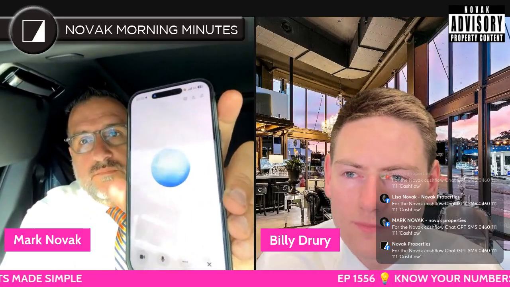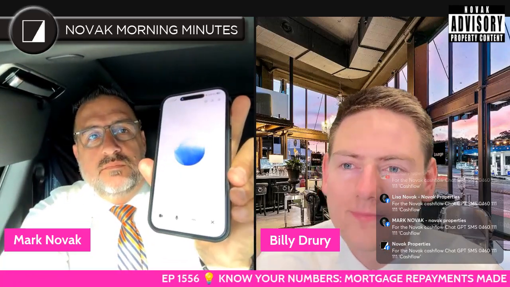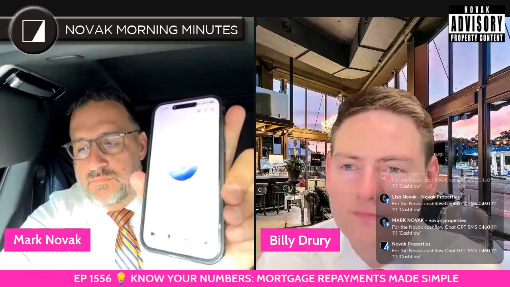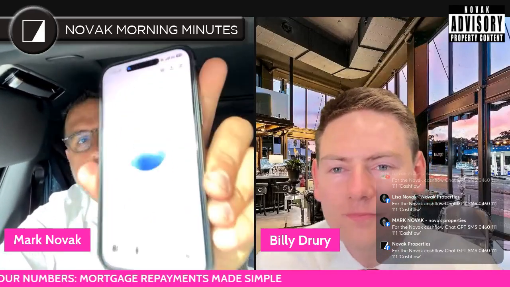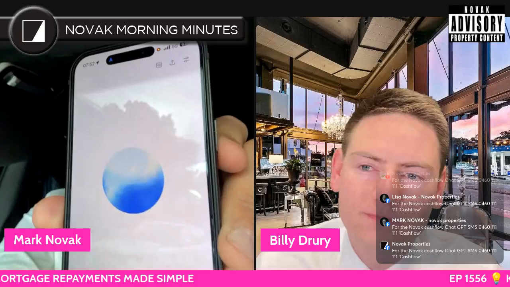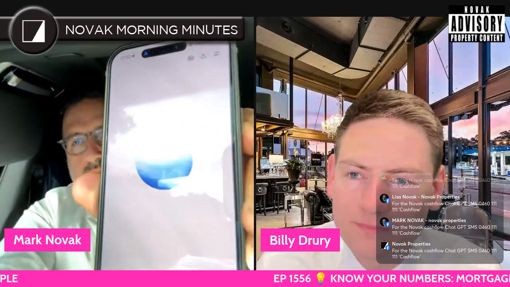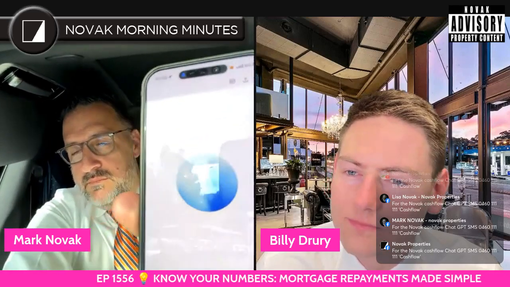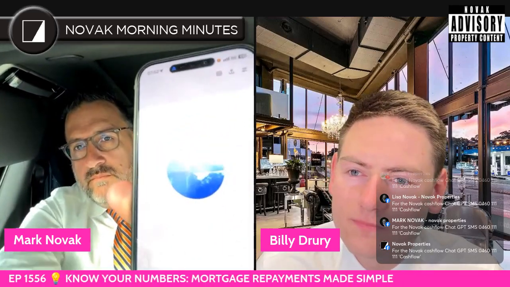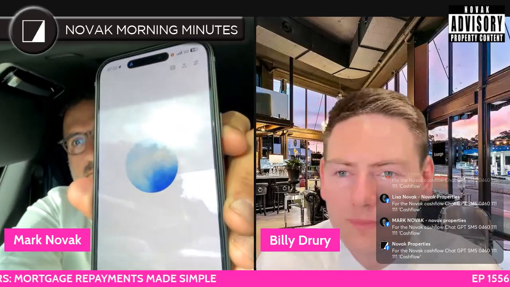Absolutely. Let's break it down in a nice, simple way so you can see what it'll look like out of pocket each week. So you're looking at a studio for $630,000 and you're borrowing 95% of that, which means you're putting down a 5% deposit. At about a 5.5% interest rate, we can calculate your loan costs. Now, since you're renting it out at about $650 a week, and you've got your outgoings, your strata, water, council rates all together, we'll add those up for the year.